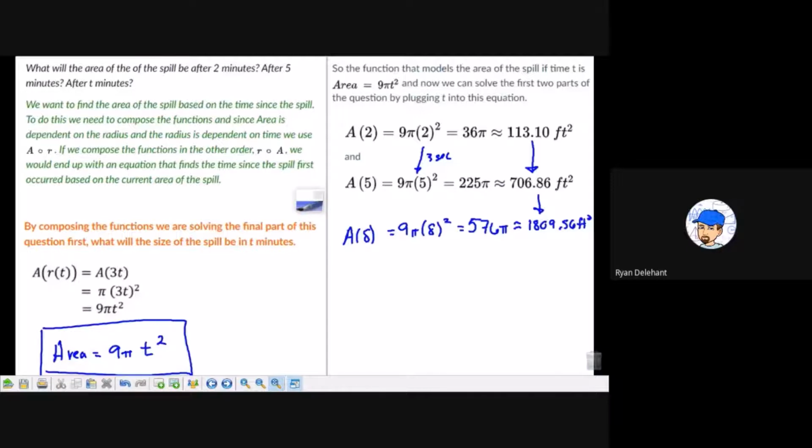Since it's based off of length, as that length is increasing, the area is actually increasing much faster because we end up with a squared in its composition formula. What I'm saying is the composition and knowing the formula for it will allow us to predict where it's going to go and allow us to understand, say this was an oil spill and we needed to stop it. We understand that time is an important factor here because this thing's going to get huge the longer we let